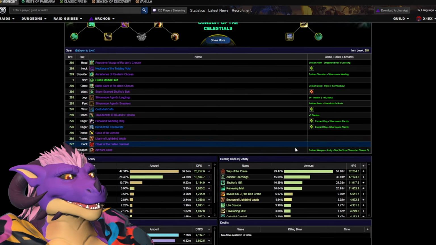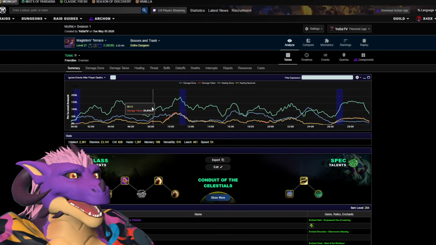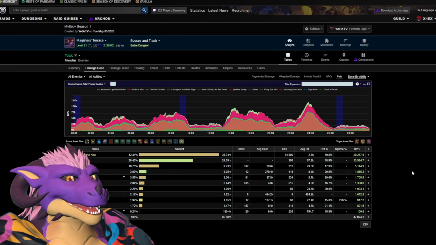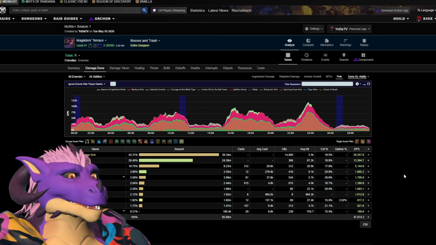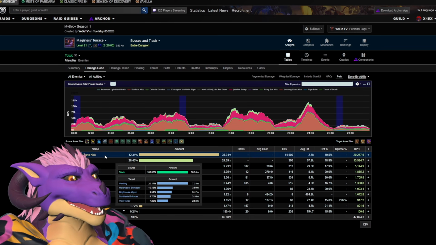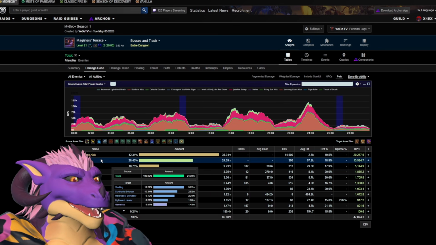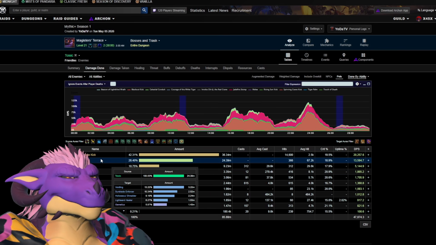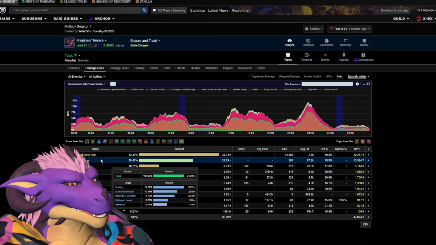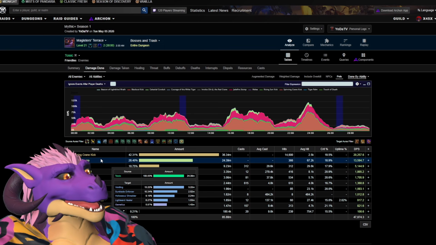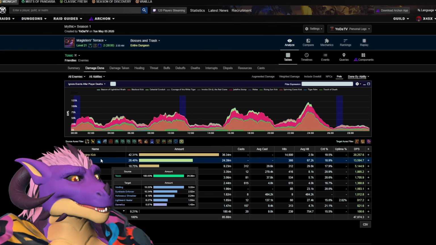We can see item level, we can see what she has equipped, all of that good stuff. And just like before, we can go to damage done, and healer damage done is way easier to understand. Most of the damage was Spinning Crane Kick. More on that in a moment. Jade Fire Stomp was doing a good amount of damage, and you might go, where's Jade Fire Stomp? Isn't that removed? Yeah, it's the Jade Fire Stomp on Thunder Focus Tea Rising Sun Kick.